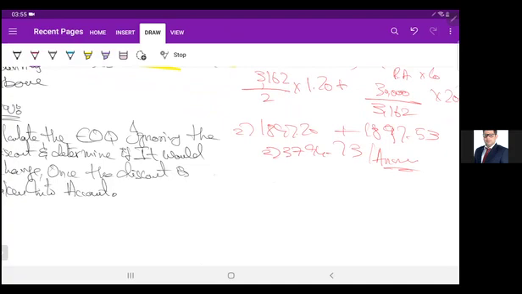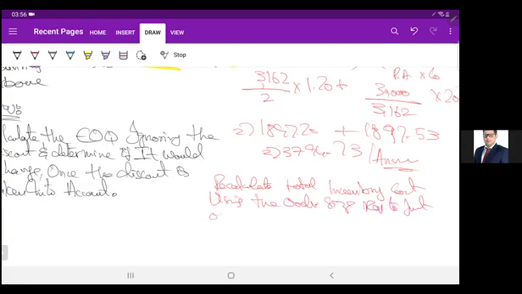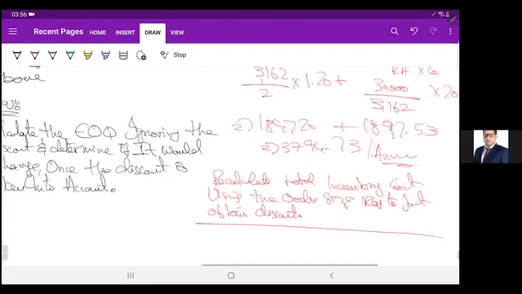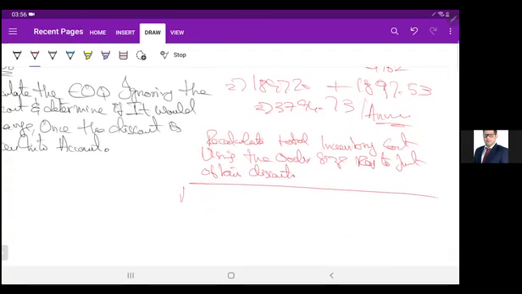So step 3, recalculate the total inventory cost using the order size required to just obtain the discount, which is at order quantity 5,000. Total cost,